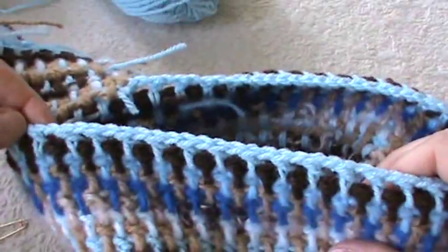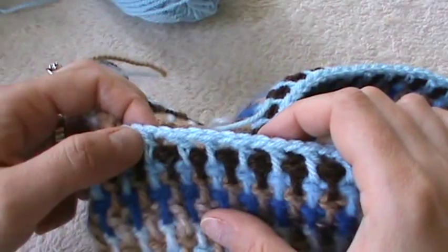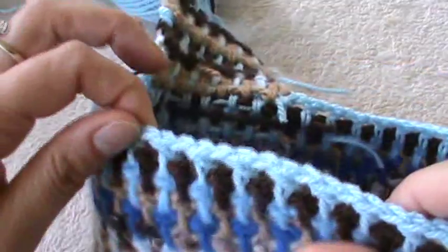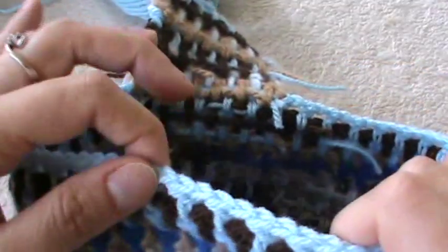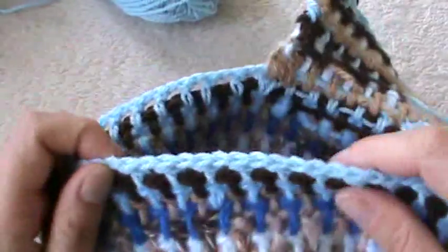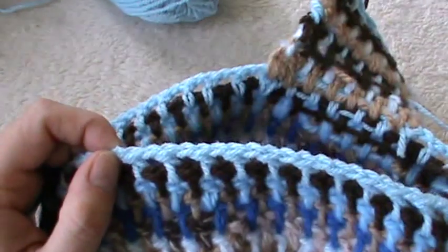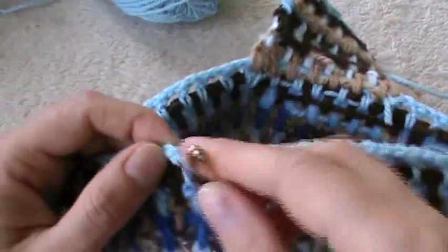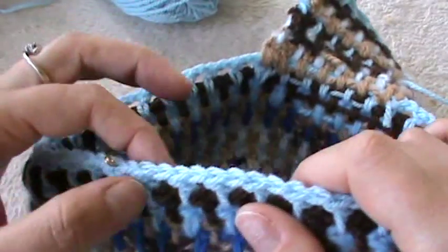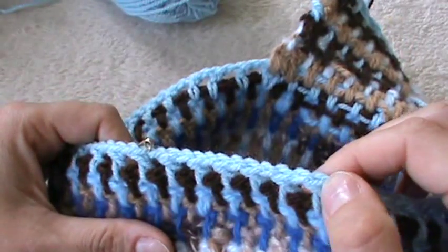Let us count 1, 2, 3, so from the next double crochet of the last round. 1 2 3 4 5 6 7 8 9 10 11 12 13 14 and 15. Okay, and now we'll count 6. Sorry, because I need my marker, so here is where I will begin to count 6. This is the first. 1 2 3 4 5 6, and we'll begin into our 7th